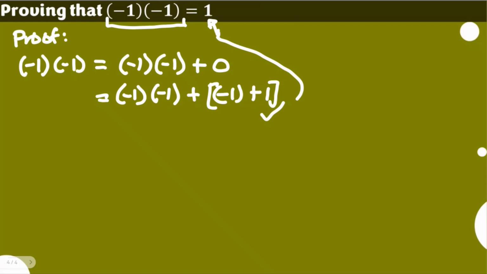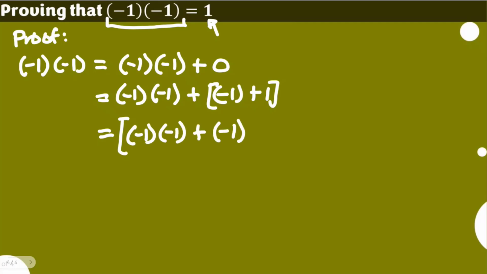Again, I had a disclaimer earlier, so please bear with me as I show you this process using the algebraic properties of R. What we could do here is use the associative property of addition, as we regroup them using the first term, which is -1 times -1 plus this other -1, and isolate 1 as we use the associative property of addition. Hence, we are now one step closer to stating that the result is equal to 1.